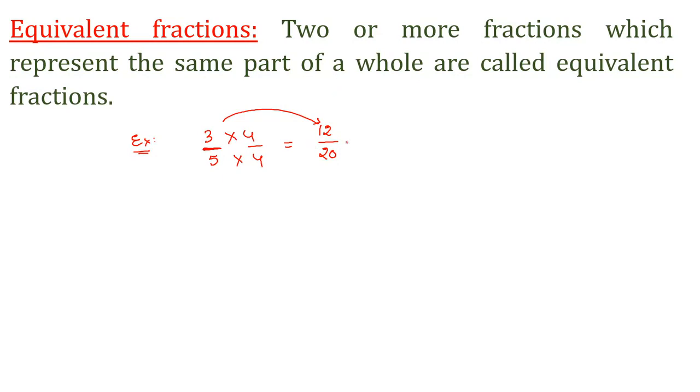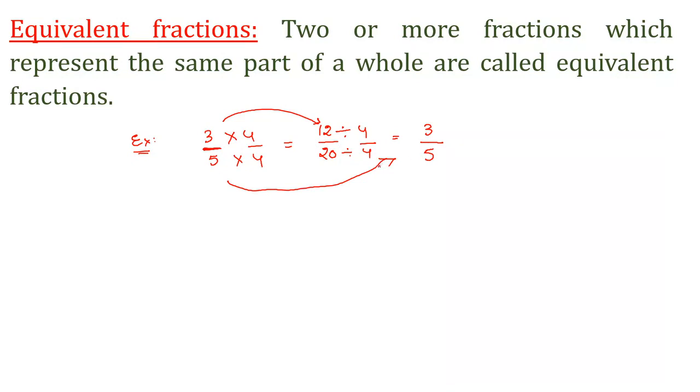If both numerator and denominator are divided by the same number. For example, here I am taking again 4 here. What will you get here? If you divide 12 with 4, 4 3s are 12, 4 5s are 20. Again you are getting 3 by 5 or not here. So that's why 12 by 20 is nothing but 3 by 5 only in the short form. So any fraction you can convert by using this concept into the standard form also.